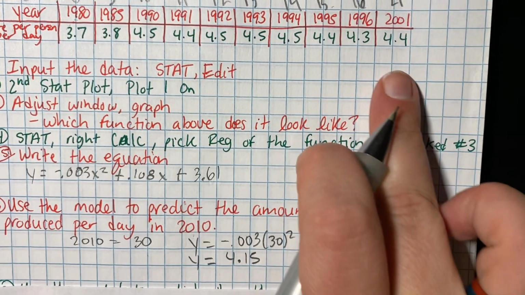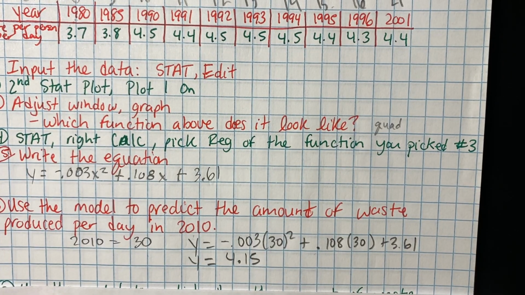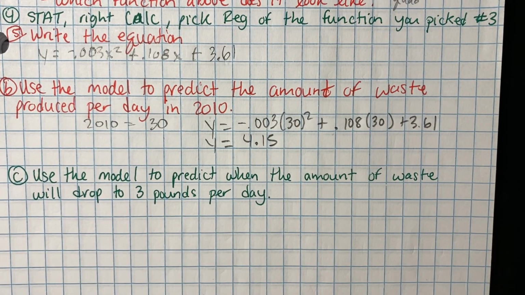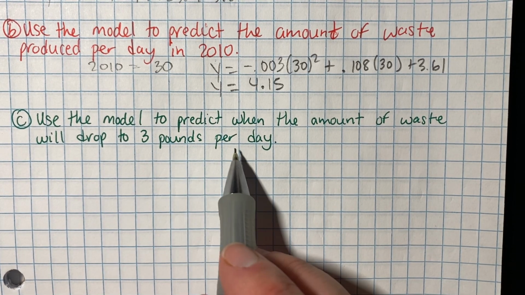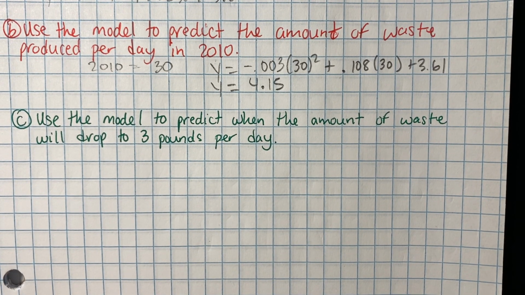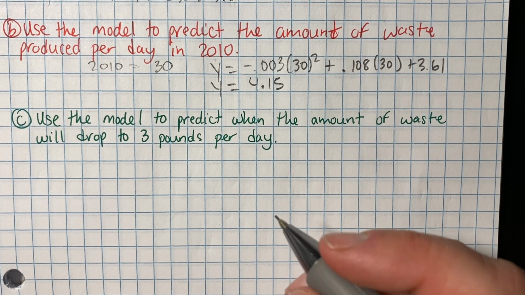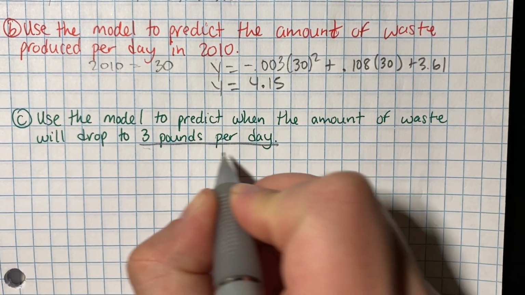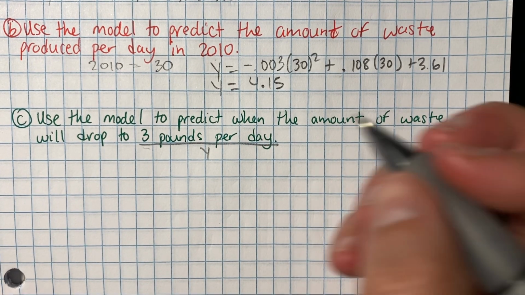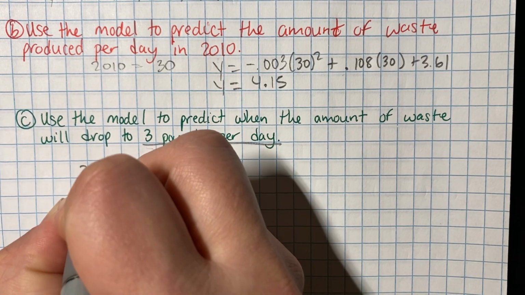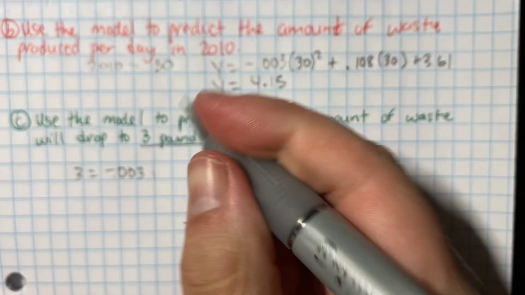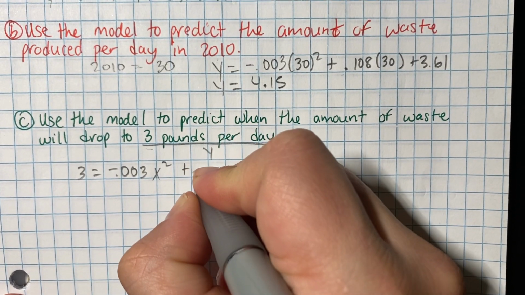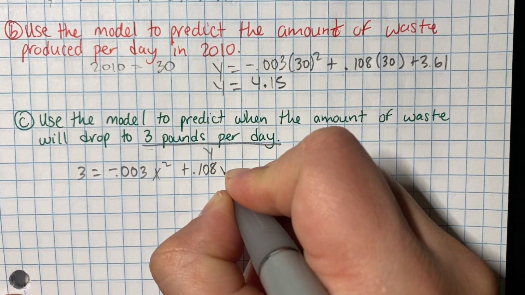Does that number make sense with our data? Yeah, I mean, it's right in the middle of our data. Perfect. Last one, use the model to predict when the amount of waste will drop to 3 pounds per day. So we want to know when y equals 3 pounds. So we're going to plug that in. So we'll say 3 equals -0.003x squared plus 0.108x plus